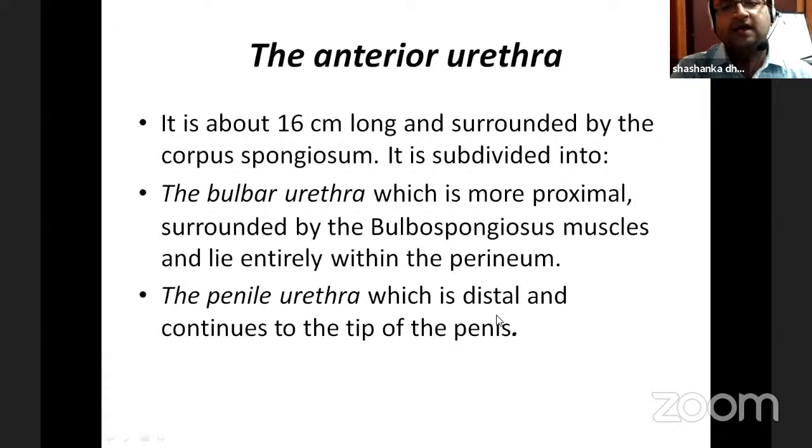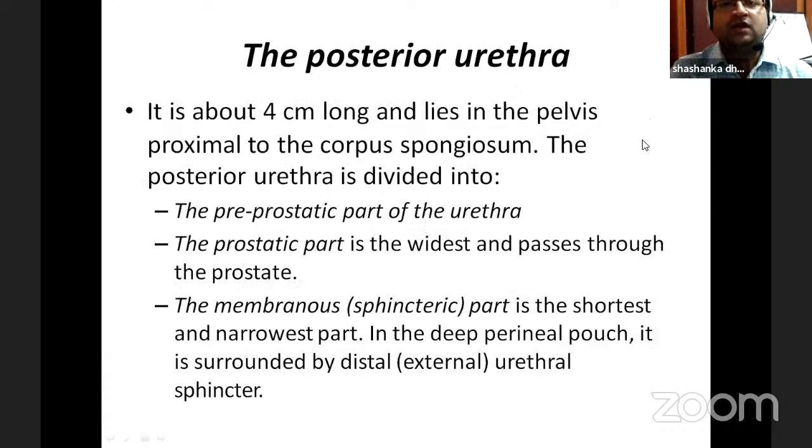And the penile urethra, which is distal, and it continues up to the tip of the penis. The posterior urethra is about 4 centimeters long, 4 to 5 centimeters. It lies in the pelvis. It is proximal to the corpus spongiosum, and it is divided into a pre-prostatic part, as I said, a short part, and then a prostatic part, which is the widest part of the male urethra, and then a membranous part,